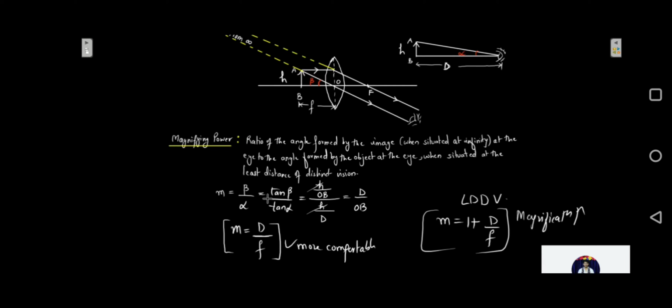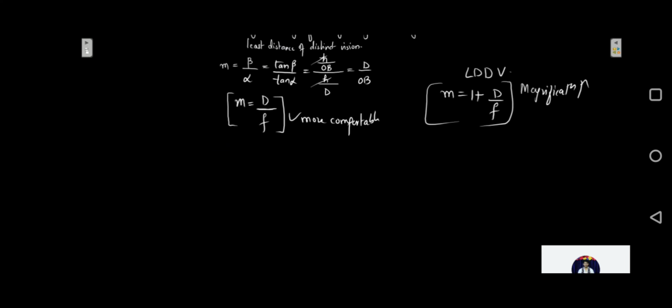Now let us look at the uses of simple microscope. The first use of simple microscope is that it is used by watchmakers or jewelers. They make use of this magnifying glass for having a magnified view of the small parts of watches and the fine jewelry work. If you have visited a workshop where they repair watches, or the workshop of a goldsmith, you must have seen this magnifying glass which they have.